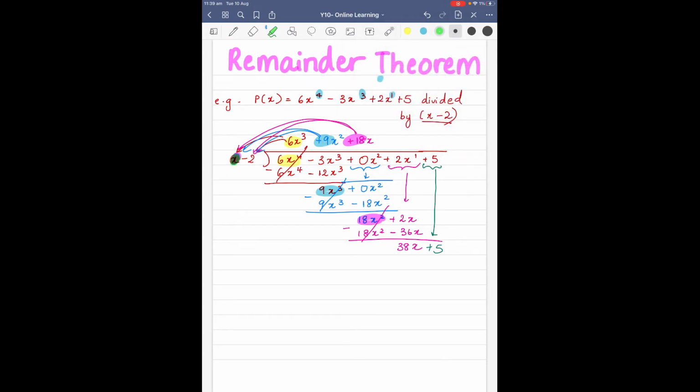So x times something has to give you 38x. We know 38 times x is 38x. 38 times minus 2 is minus 76. And then we're going to subtract it to find your remainder. So we know 5 minus minus 76 is 81. So therefore 81 is your remainder. Now,